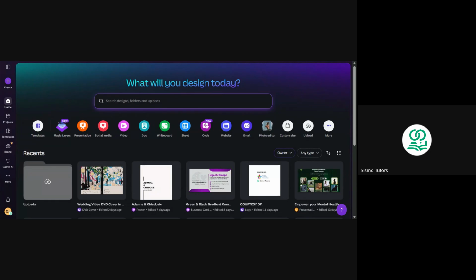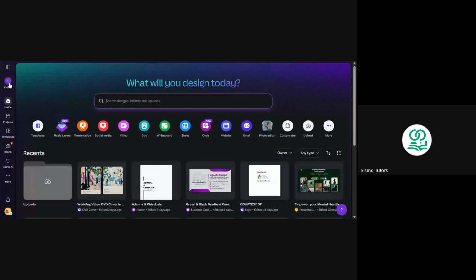For today's class, we're going to be working on a picture, just a simple picture. But the aim of the class is to show you how to manipulate pictures. You can do it any way you want. I'll just show you an example during the design. So let's just go ahead and pick